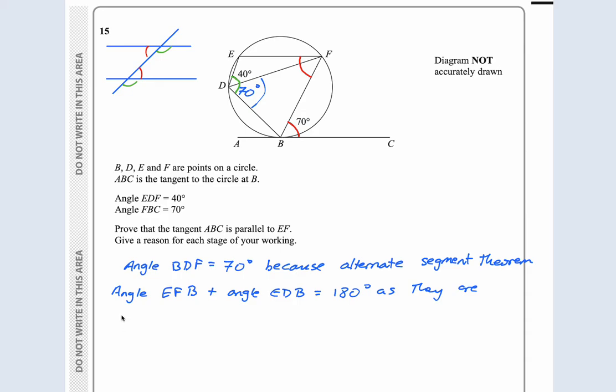They are opposite angles in a cyclic quadrilateral. Therefore,